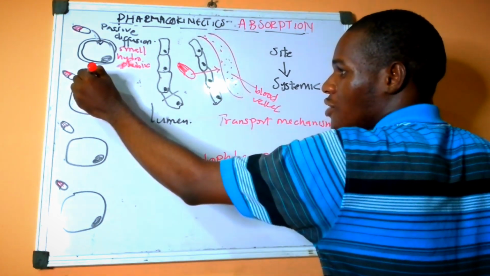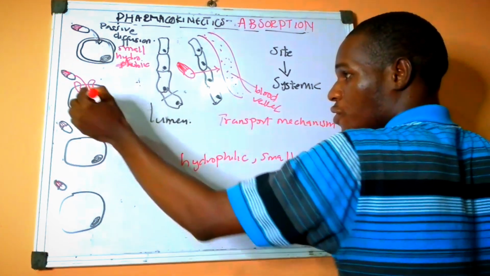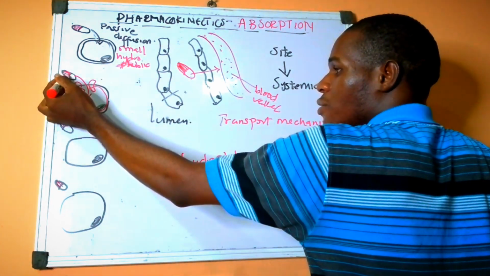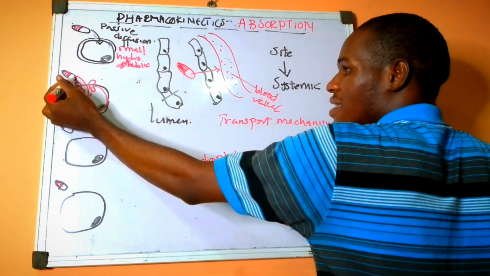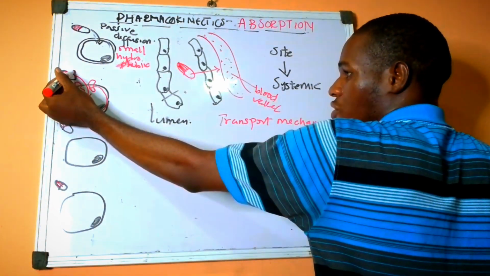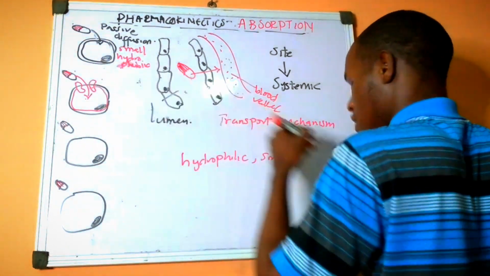And these carrier proteins are actually the transmembrane proteins or integral proteins. If you remember from your cell physiology, this is the cell membrane. So this particular drug will be facilitated to be transported from a region of higher concentration to a region of lower concentration. This particular transport mechanism is referred to as